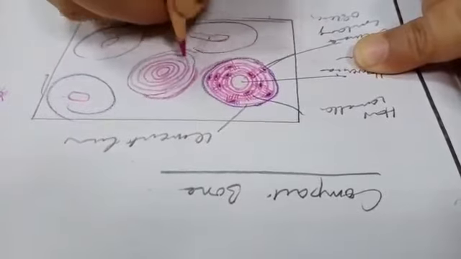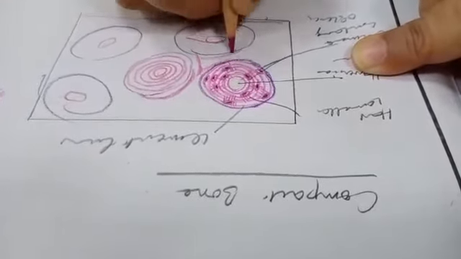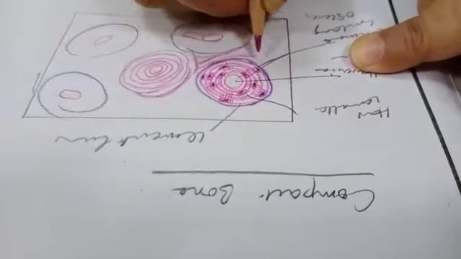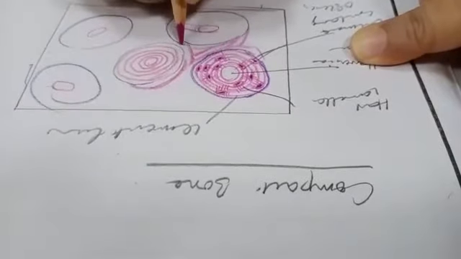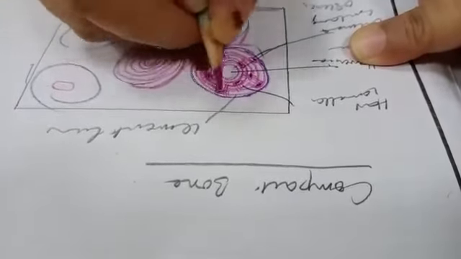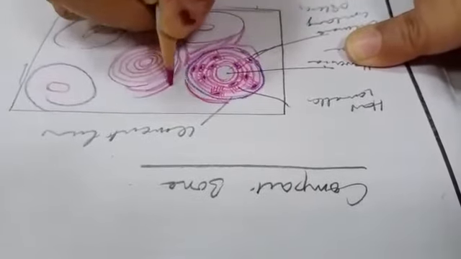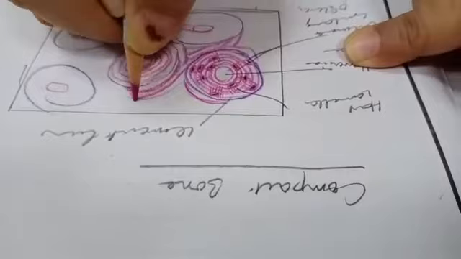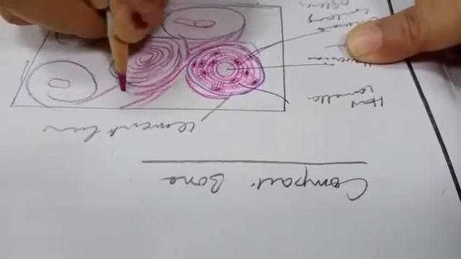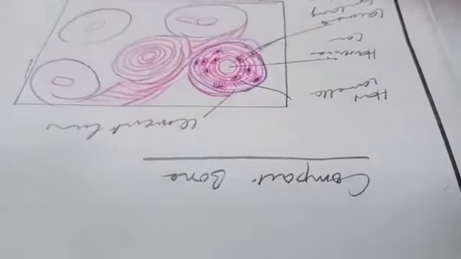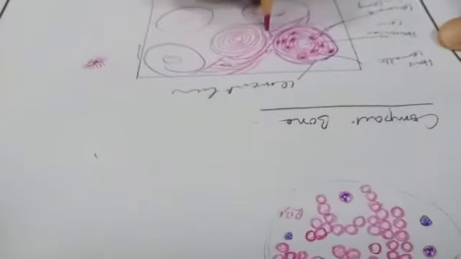It's not concentrically arranged. It's irregular, and it's short in length, and in between these lamellae, you just draw thick lines here. You will draw lacunae containing osteocytes between them also. So you can fill up these lacunae containing